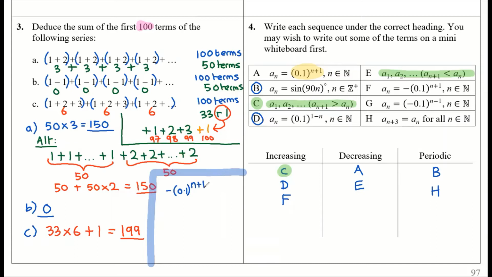Now, notice it's just the negative version of A. Okay, so A we found was a decreasing function. So if you change the signs of all of the terms in sequence A, that's obviously going to make it an increasing function, isn't it? Because